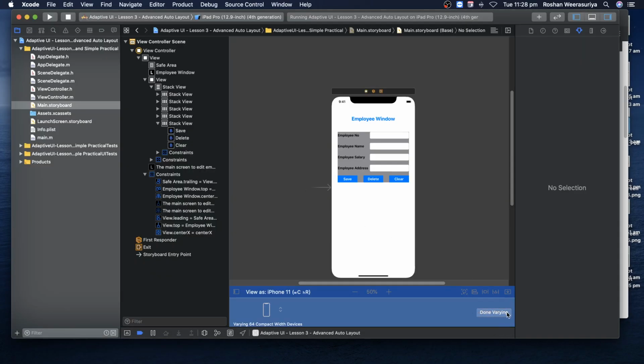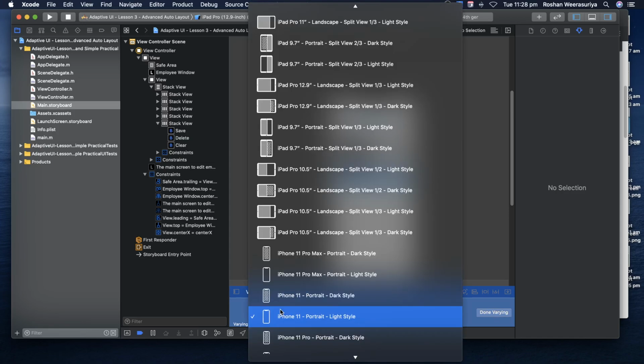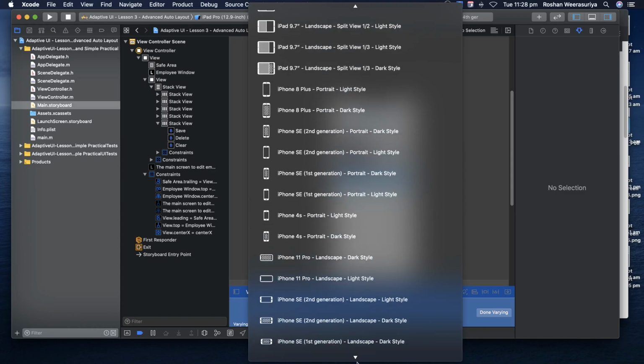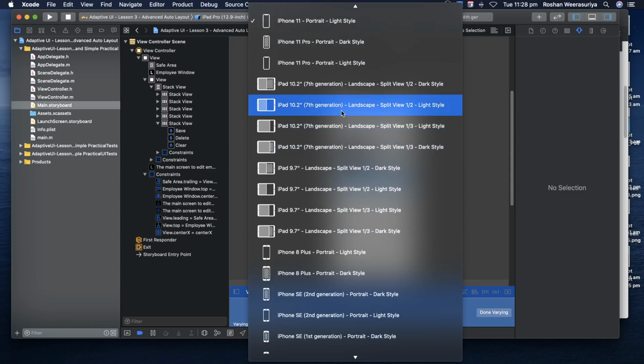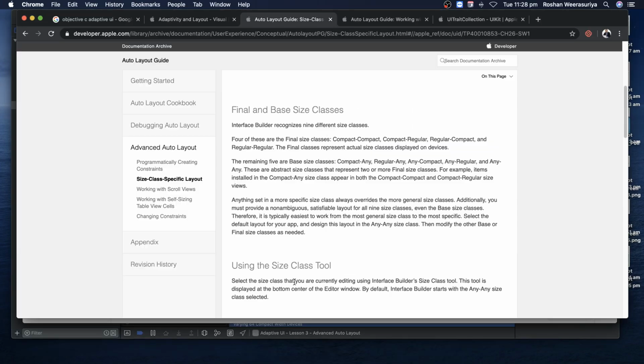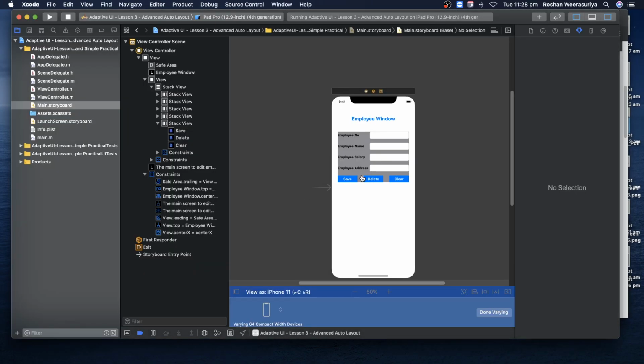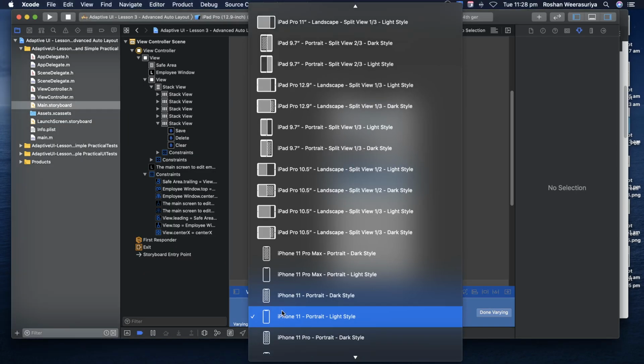So now if I selected compact and any, now if you see all the devices, these are all of them. An iPad in a split view has a compact view, right? Once again, an iPad in landscape split view has a compact view, and iPhones likewise. iPads and iPhones, a lot of things come under this category. What category? Compact any, that means compact width with any height, right? So for example, it's a compact width when it's split view, but the height is any, which means it's regular height, or it can be